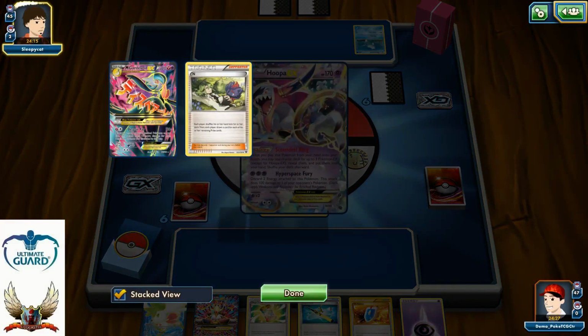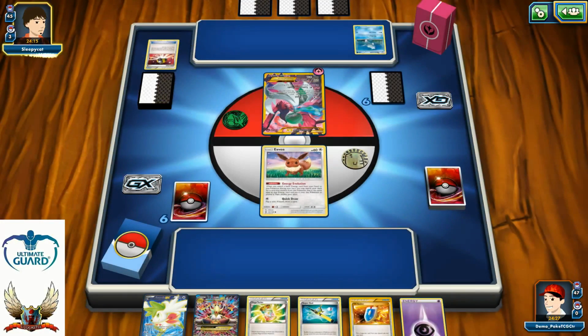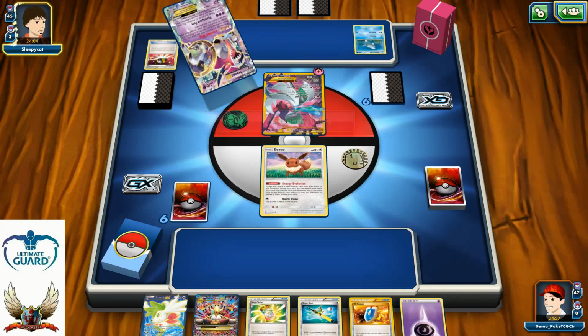Yep, the first one discarded, and there is a Hoopa-EX. Okay. What's the strategy? I don't know. Espeon is weak to the Psychic. Mega Alakazam is weak to the Psychic. I'm not running Weakness Policies because it's not good for this deck, so...